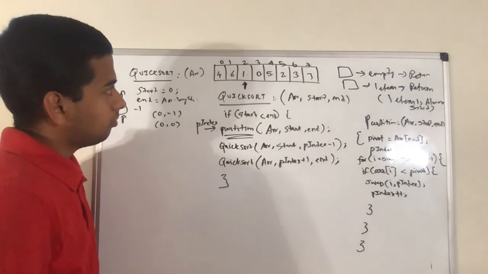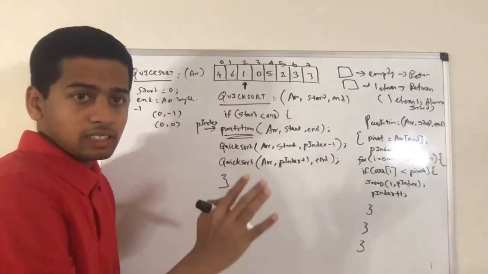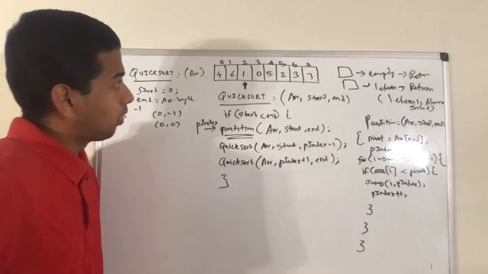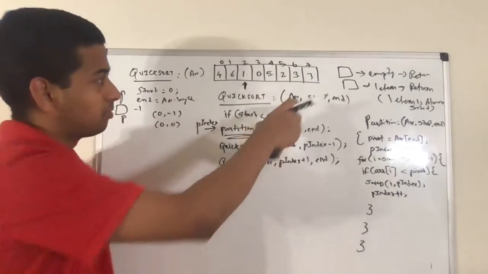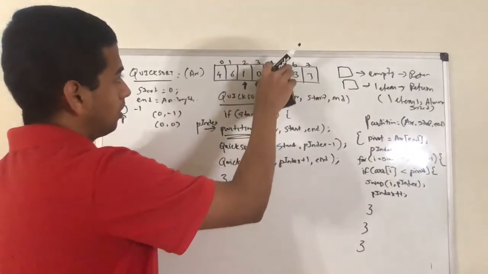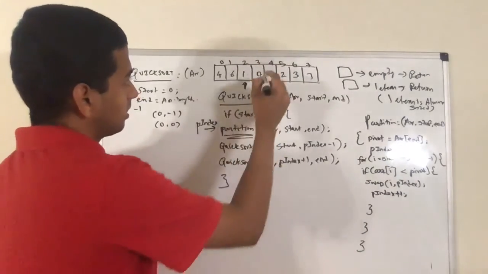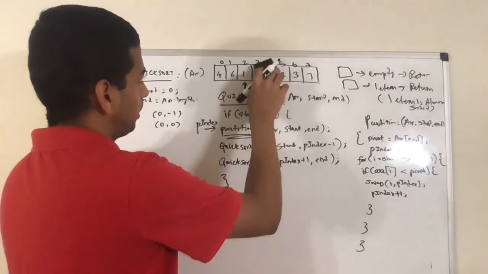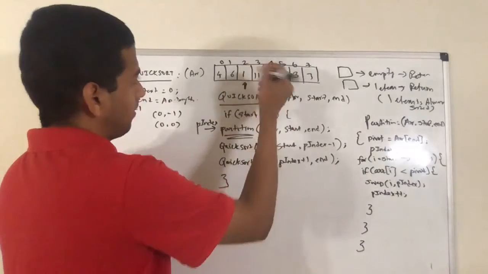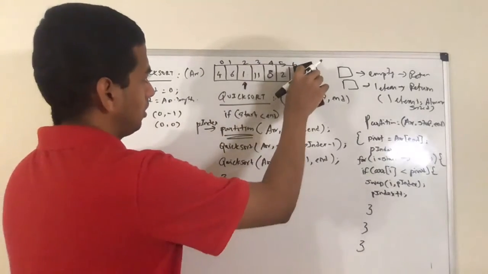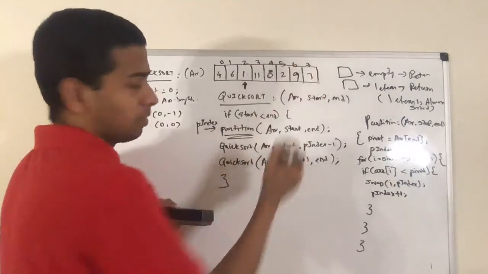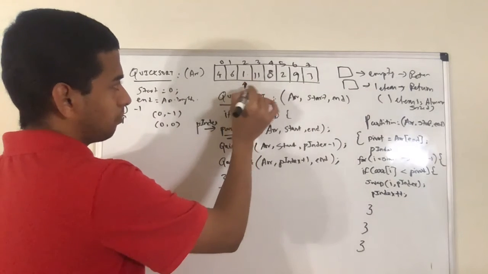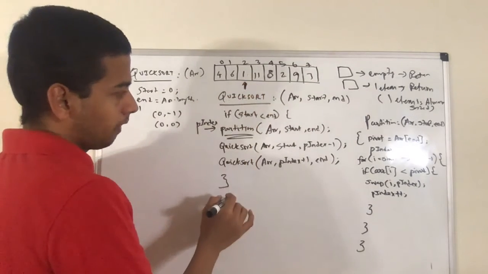Now 1 is less than 7. Actually this example maybe won't work out because there is nothing greater than 7 in this left side. So I'll put this 5 as 8 and maybe this one as 11 or something like that, and I'll put this one as 9. So that it will make sense. So now both I and p index will be here.